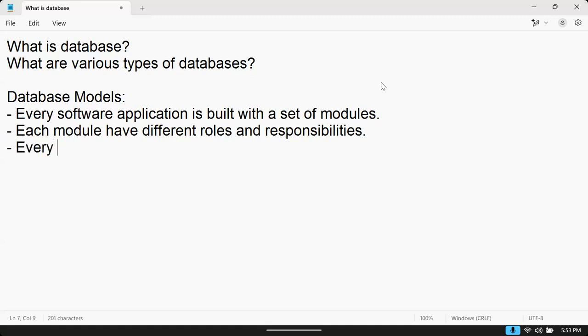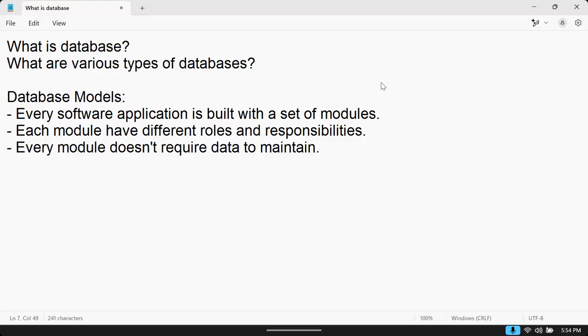So every module doesn't require data to maintain.